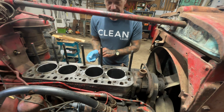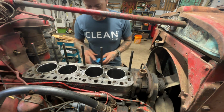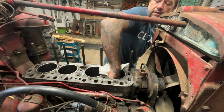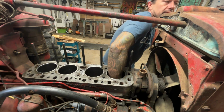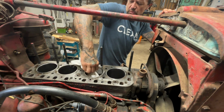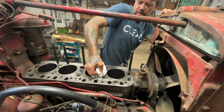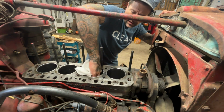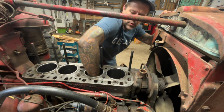So I've got these bores, the cylinder's all washed out, and I just run a clean cloth rag through there just to dry it out. Try to leave as much soap in there as you possibly can to get a clean running engine. No, that's actually a bad joke. You don't want any of this stuff. Just get all the moisture out,